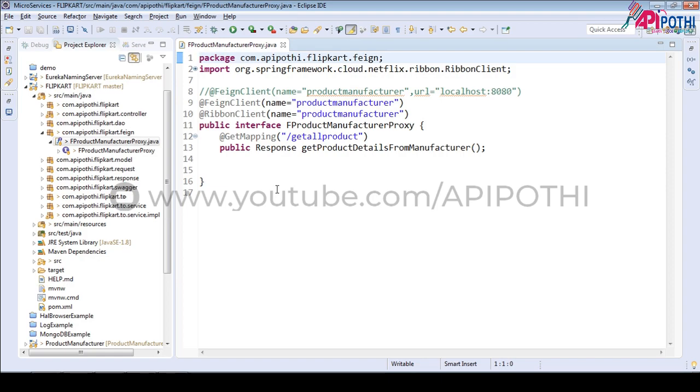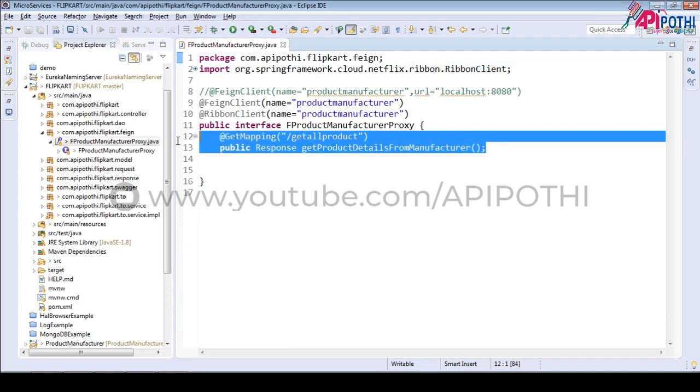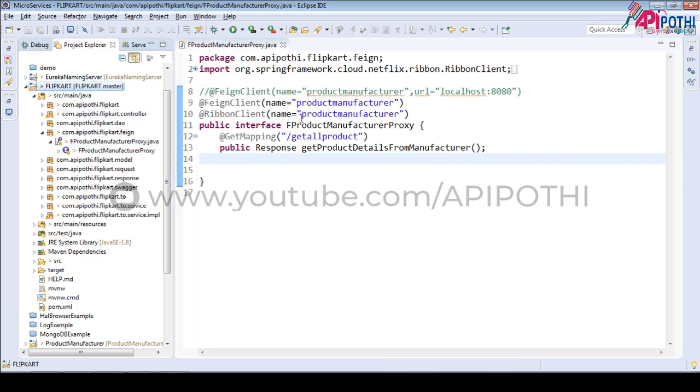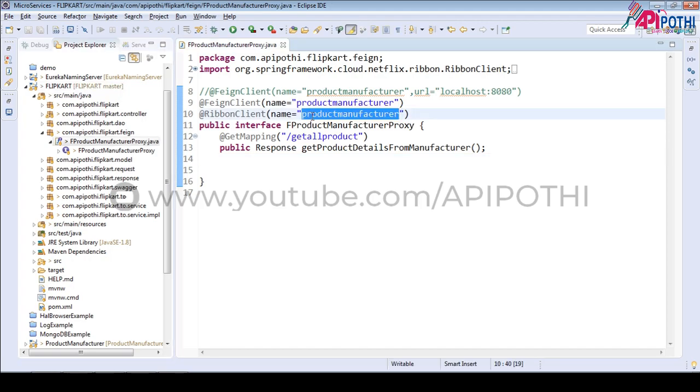If you see, there is the Feign client, which says from which application it is supposed to hit, and we have the Ribbon client, which is responsible for load balancing, as well as this method which we want to call. But now we are calling from Flipkart to the product manufacturer, and in between no one is there.